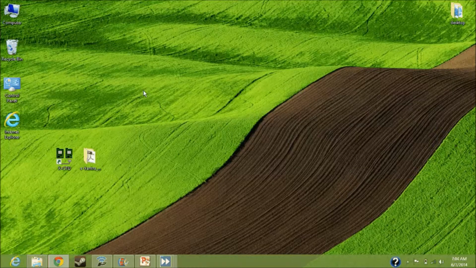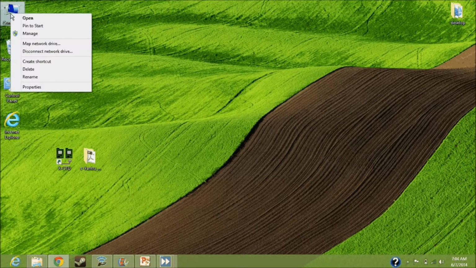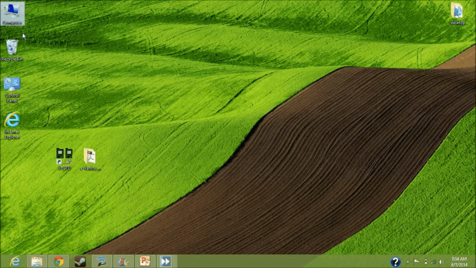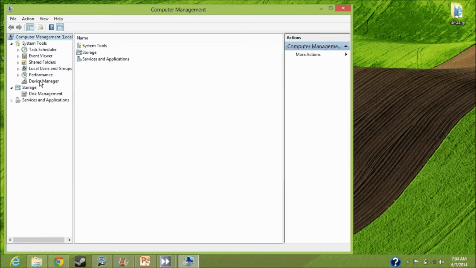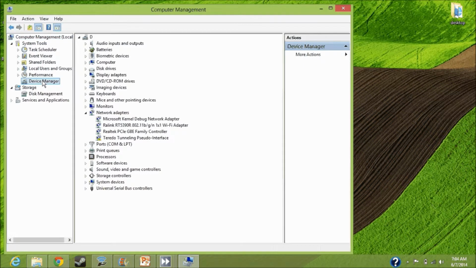Now we shall go through the software configuration of ZigBees. Before that, we must ensure that the ZigBees are connected properly to the PCs. By right clicking on My Computer, you will find Manage. In Device Manager, you can find whether these are assigned with the proper COM ports. Here in COM ports, I am finding 19 and 22.